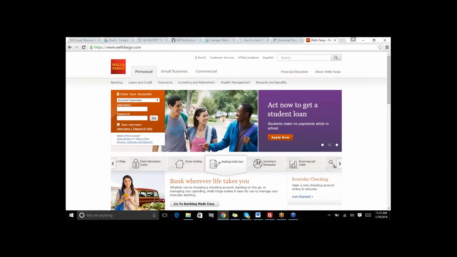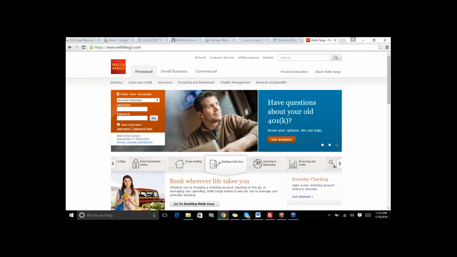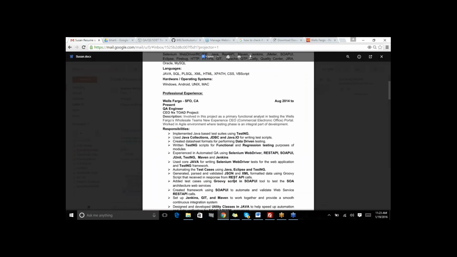Always make sure that you go through the website at least once, whatever project has been put into it. So let's say you have opened this one, and your resume is talking about the Commercial Electronic Office portal. So that means there is going to be a portal that will deal with all the commercial dealing in terms of your electrical appliances.